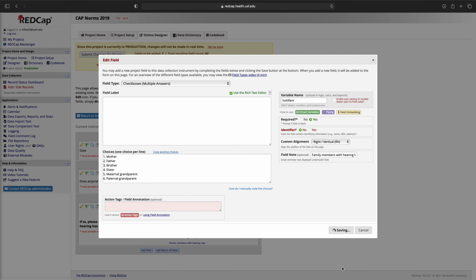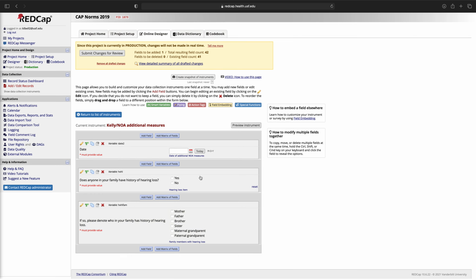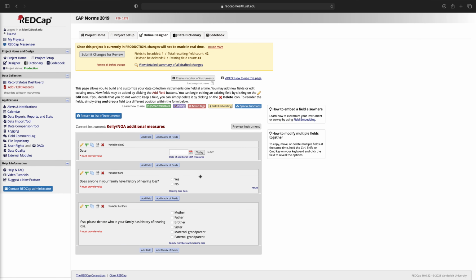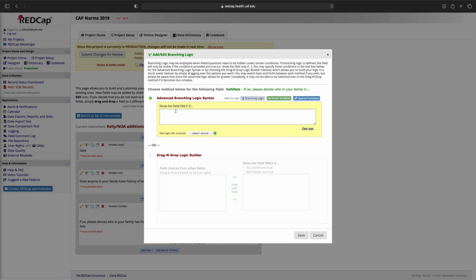All right. So let's see here. Now, this is the item that we want to appear only sometimes. So to create the logic, we'll select this branching icon. And then we want to show the field only if